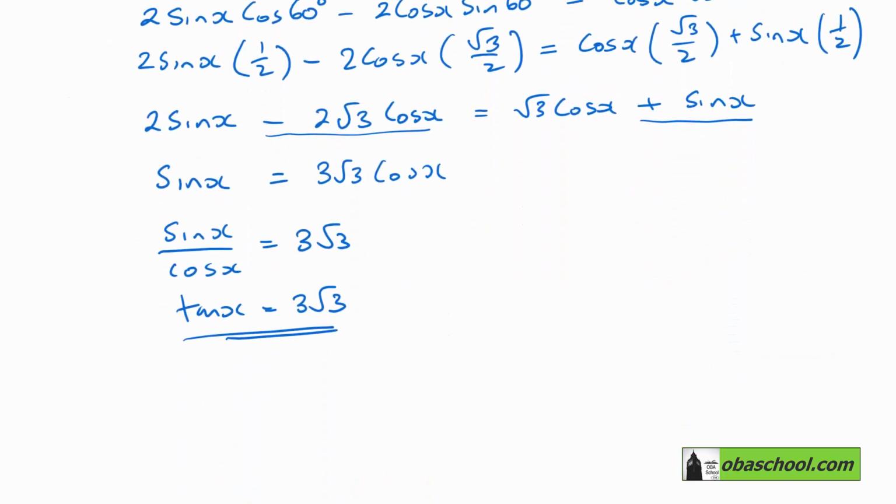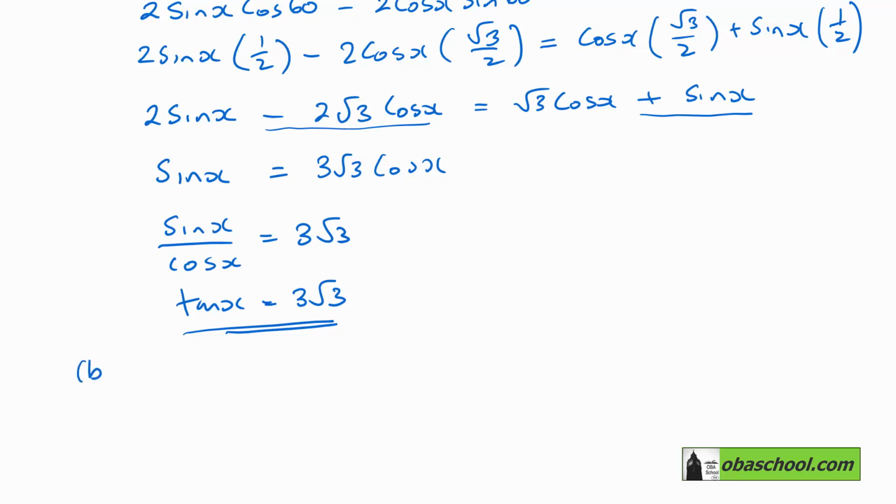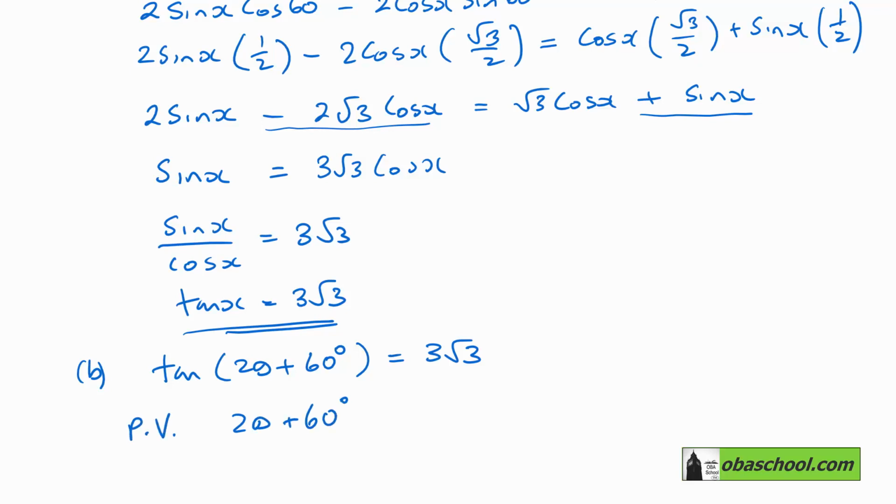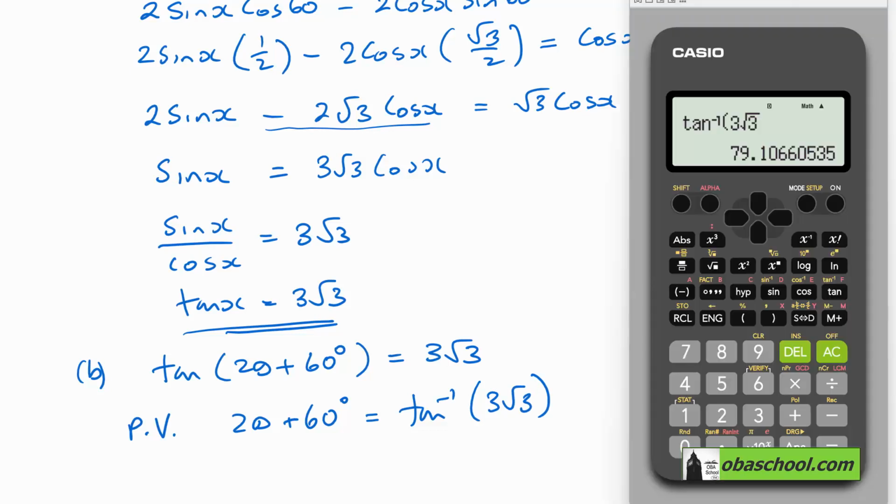So we can make use of that here, and we can say that this will be tan of (2 theta plus 60 degrees) is equal to 3 root 3, which means 2 theta plus 60, if we're looking at the principal value, is going to be the inverse tangent of 3 root 3. And that gives us